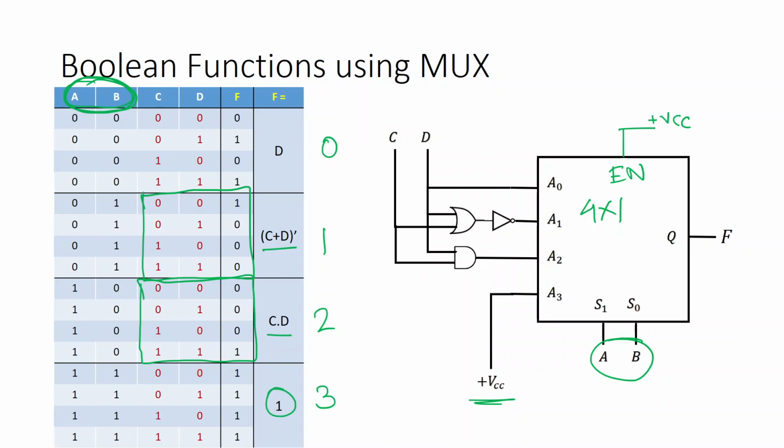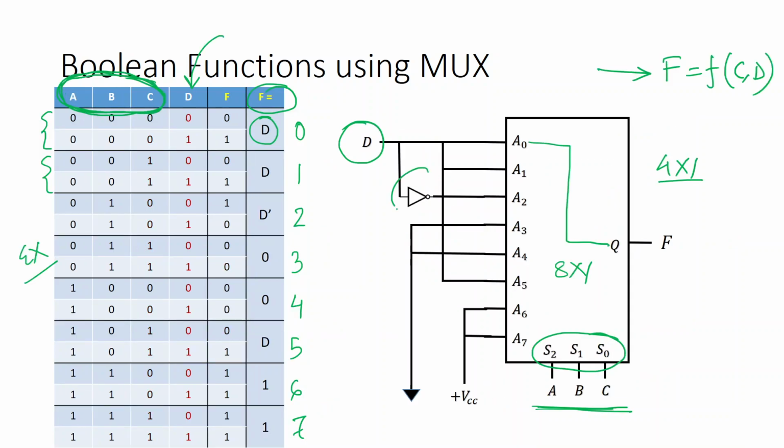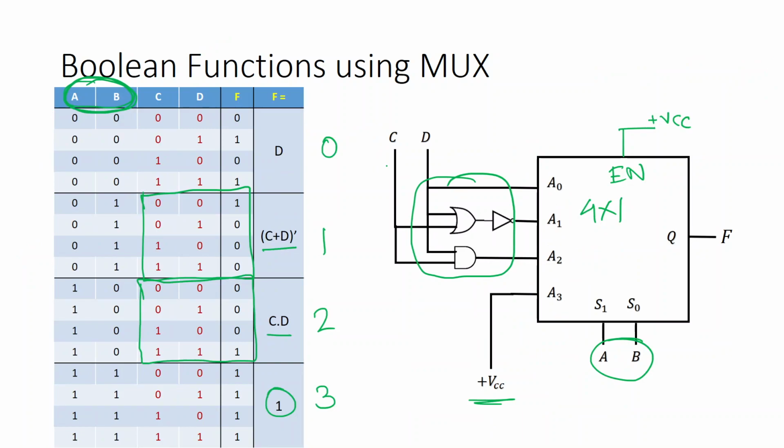One thing you notice, as we start reducing the order of the mux, we have to use logic gates at the input side of the mux. Here only one logic gate was used, here multiple such logic gates are used. So you can actually shrink the size of the mux, but that defeats the purpose of using a mux. What is the purpose of using a mux and the decoder? You don't have to form the complicated logic gate circuits. So if you shrink the size of the mux, this defeats that purpose.